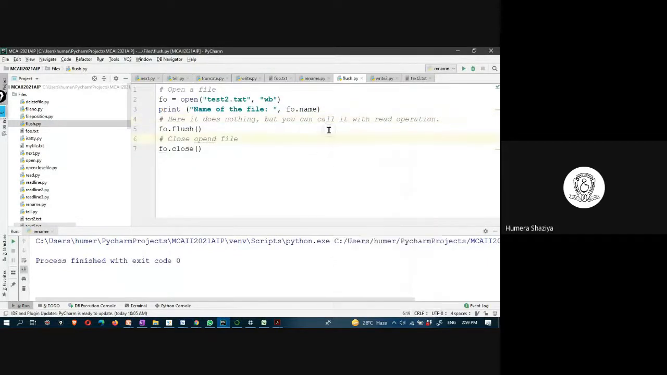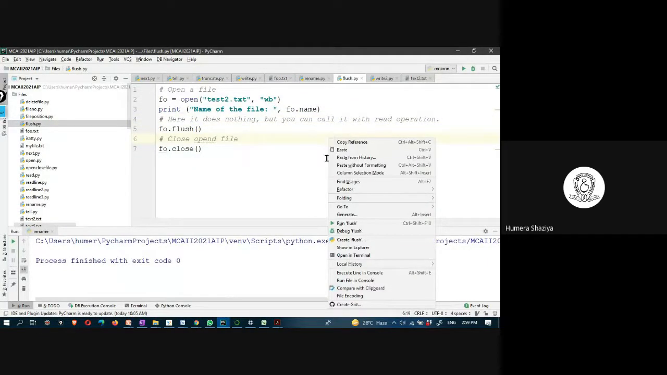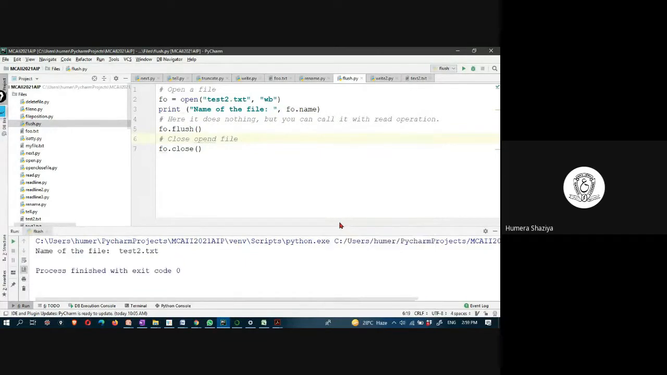To execute, right click and run flush. Name of the file is test2.txt. Here we are printing the name of the file, f4.name. F4 is the file object that receives the file number from this open method, and then we are printing f4.name, f4.flush, f4.close. All right, and then